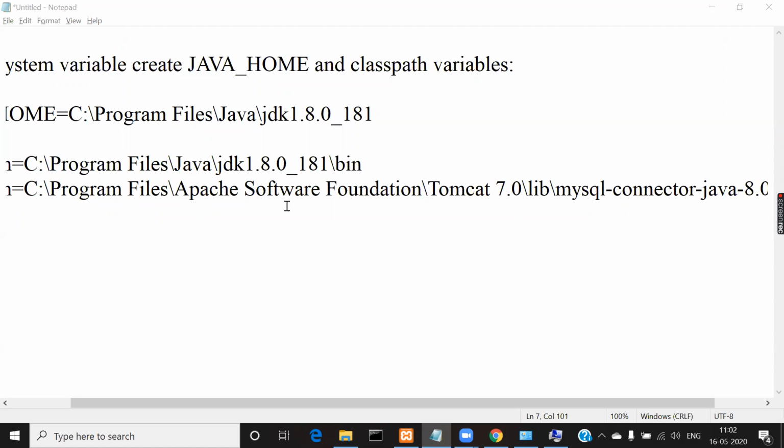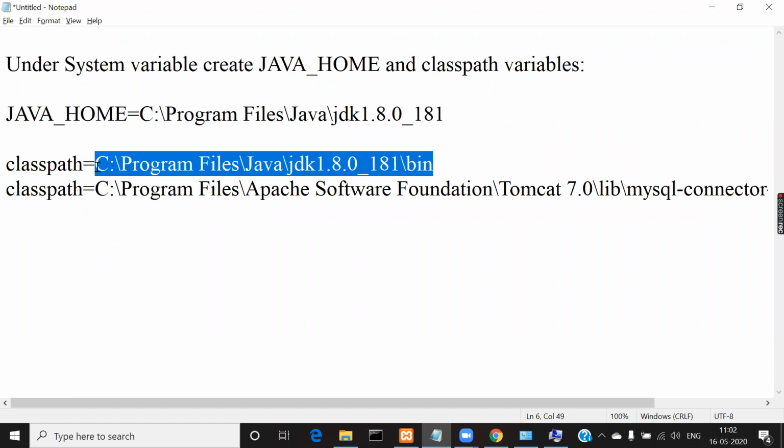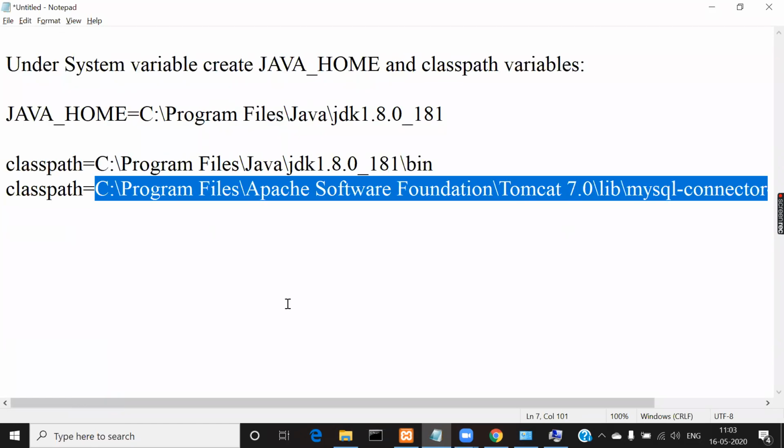Okay. So remember, you must set for the same class path variable these two values, once for Java and second time for MySQL. You will be able to set this path only after you download this MySQL connector Java file and paste it in the lib folder of your Java's JDK folder, right?